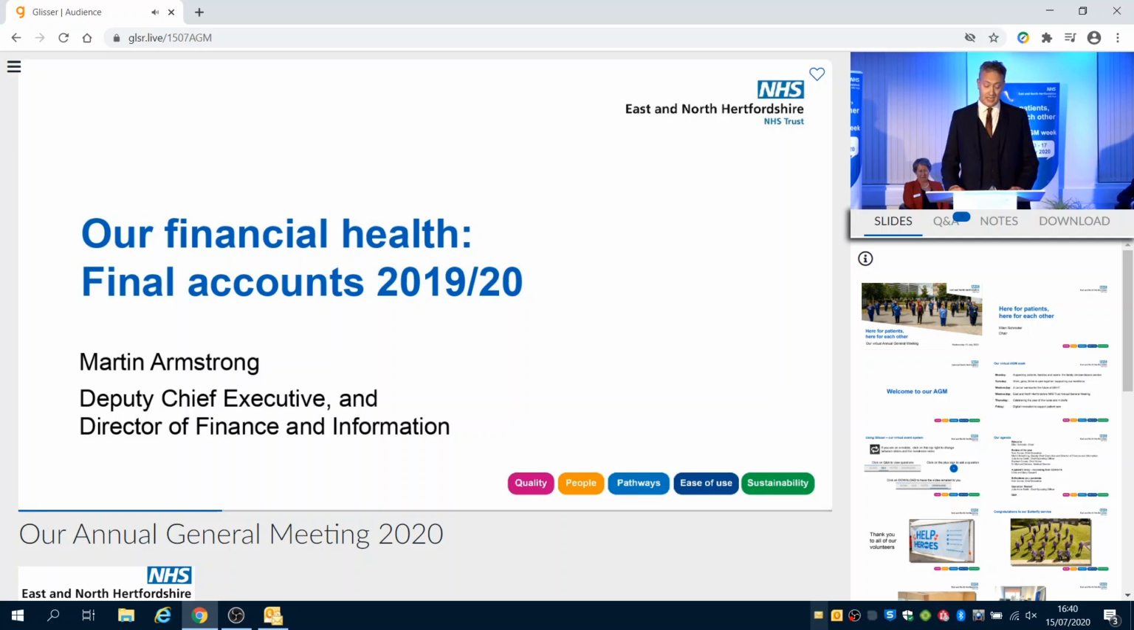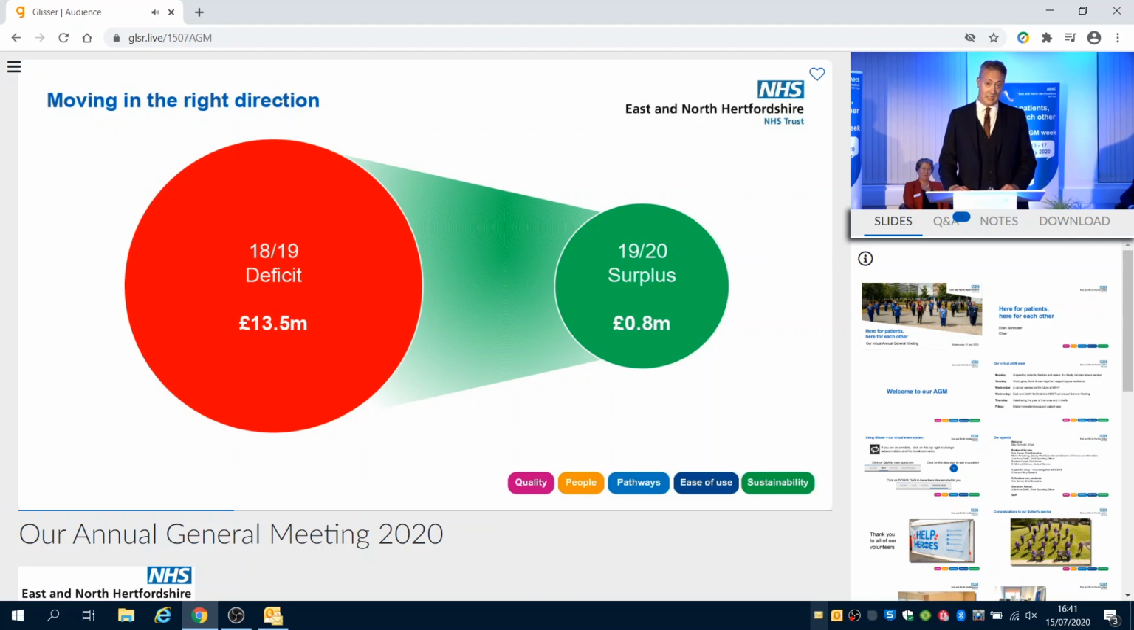This is my 4th AGM at Eastern North Herts, and I think it's fair to say that my previous visits to the lectern have not been entirely uplifting or happy experiences, because in truth, our financial performance has been pretty challenging during that time, and it hasn't been anywhere near what we would have wanted or what we would have expected. However, this year, I think it is a much more uplifting picture that I'm able to present